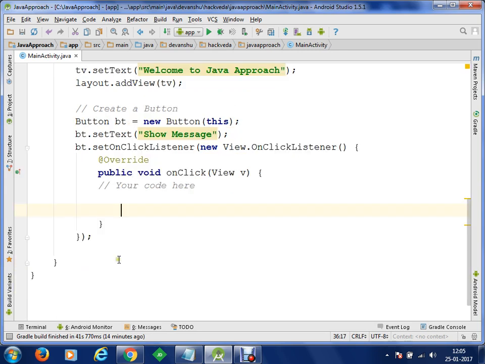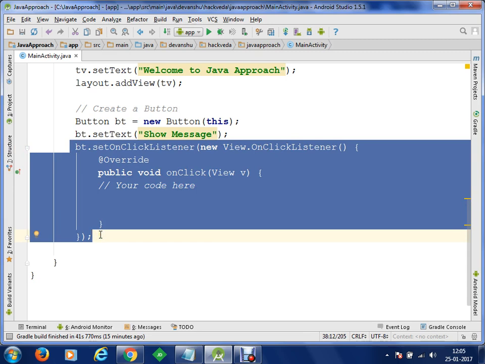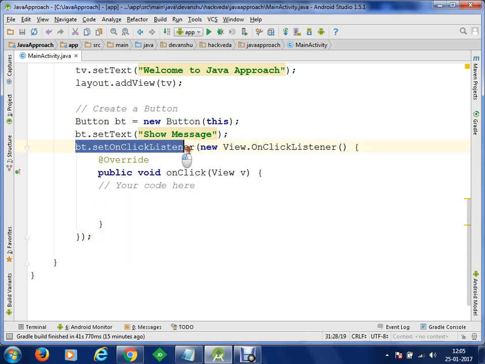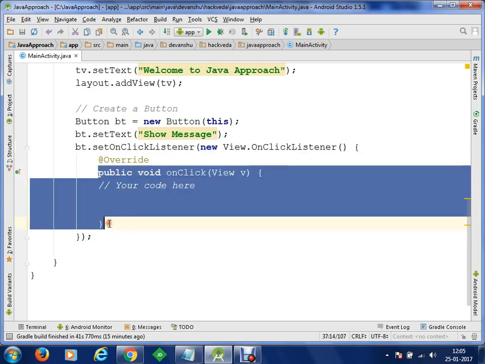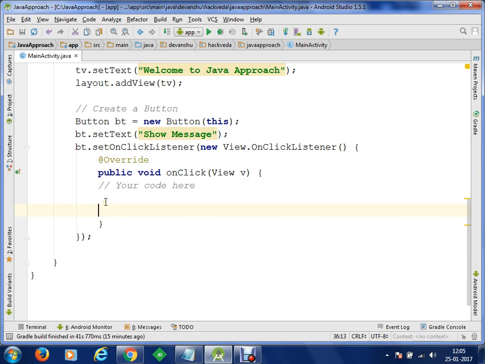Clear? So what happened: in the XML approach, the event handler you had set was set through android on click, and there you only specified the name of a method. But in Java, event handling is set using this way. So you have a button control, you have set an event handler on it, and on post, which means once the click event has been identified, this on click method will execute. Within this on click method, either we can call methods here or we can execute our lines of code directly also.